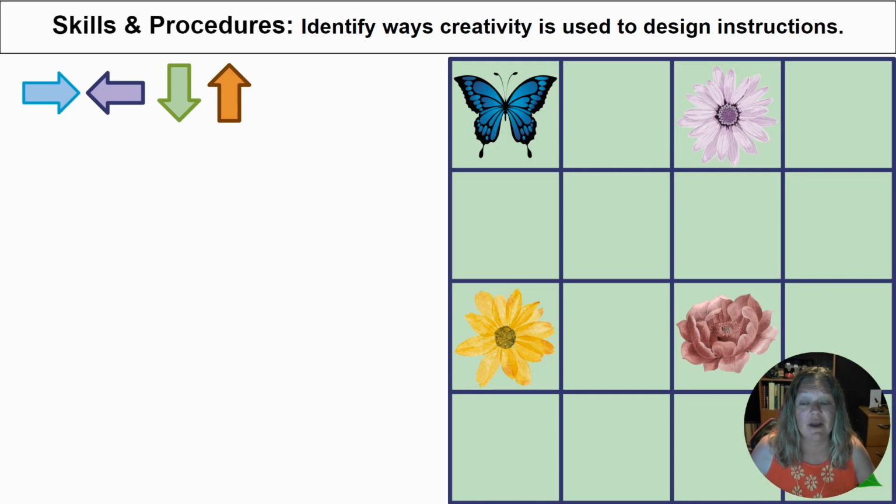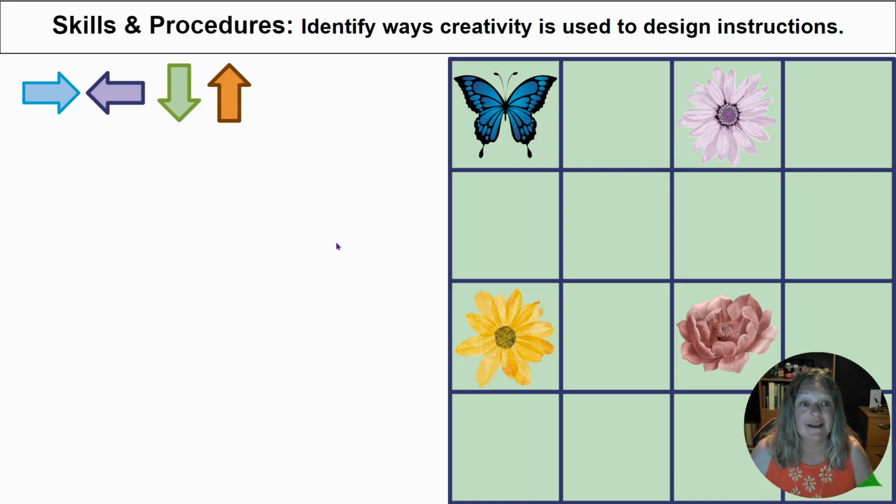It doesn't matter what the grid is or what the objects are. The whole thing is just about taking those pieces, those arrows, the steps, and lining up an algorithm and then seeing if that's going to meet the end goal for where we want, in this case, this butterfly to go. And once we've asked students to sort out an algorithm, we can start now to compare